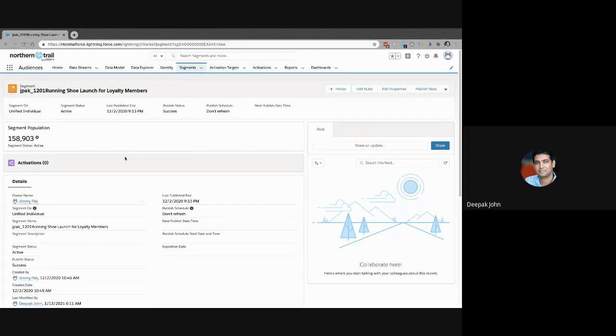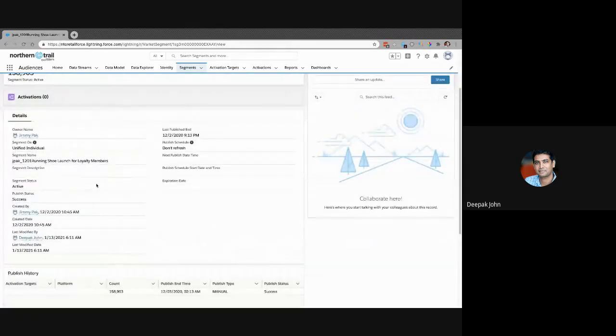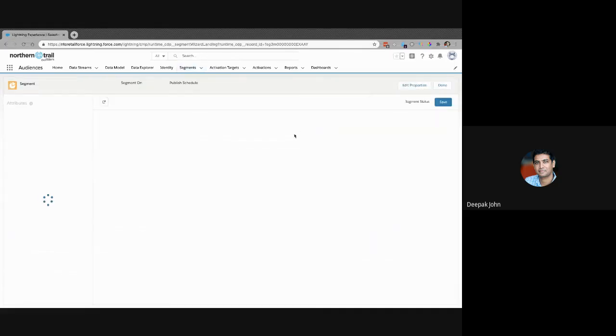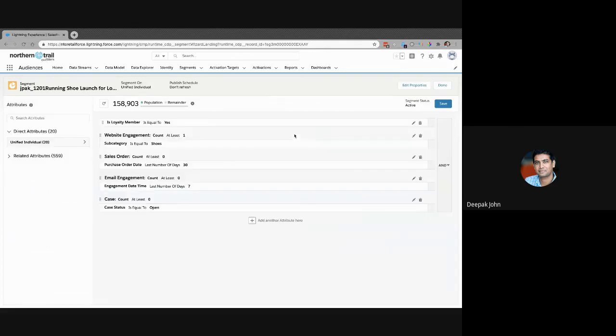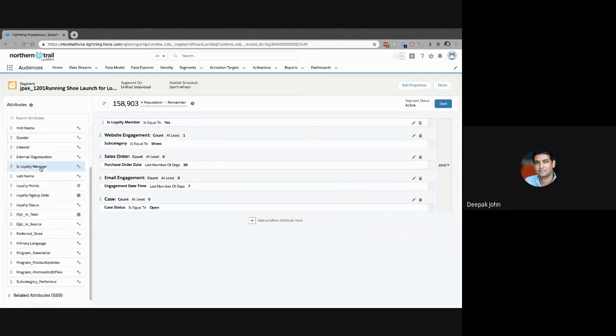At this moment in time, there's a lot of things happening in the background. It's unified all of that, and it's taken that data, added it with other attributes to say, okay, we're going to now publish that individual. And again, you can publish that, or you could do that at a later stage as well. If I hit edit rules over here, this is the classic segmentation. So you've got drag and drop capabilities, you've got the attributes here, which are the individual attributes that you begin to be able to say, this is how I define an individual.